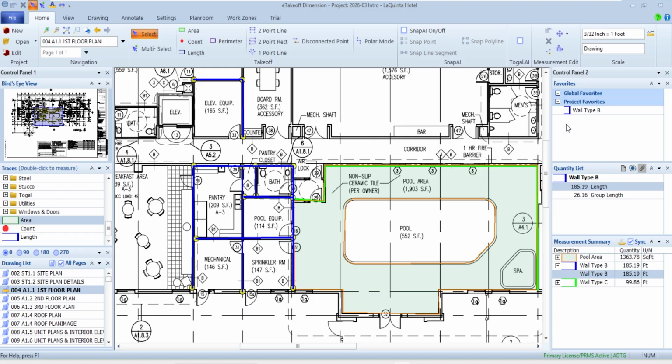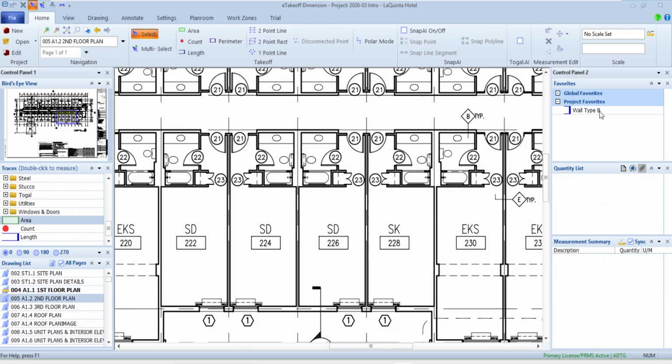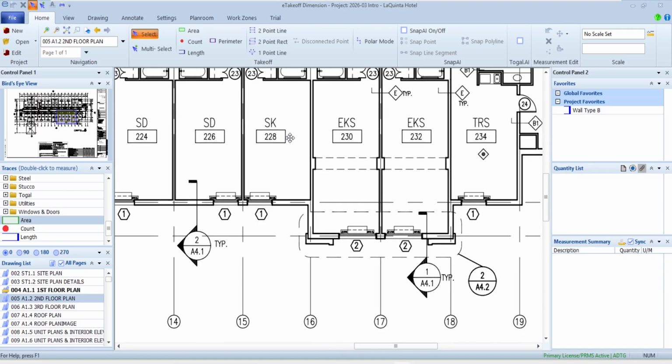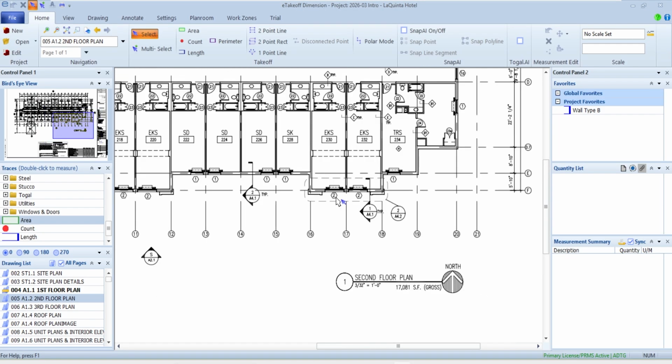So if it's something that's very common there, again, I wanted to go ahead and set it up where I can just have a favorite out there. So it's got all my favorite colors and things like that, because maybe I don't want to trace for some reason. That's the way I can have something out there for multiple pages. So same type of game. If I then go back to this other plan page, I start picking wall type B. I didn't pay attention to the scale though, so let's double check. I'm assuming it's the same 32nd.